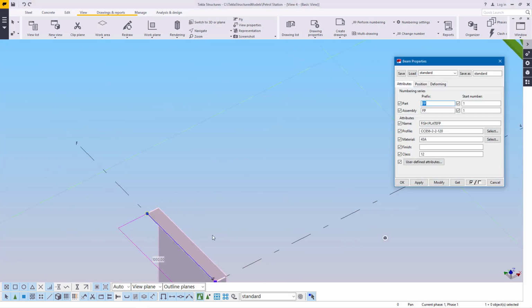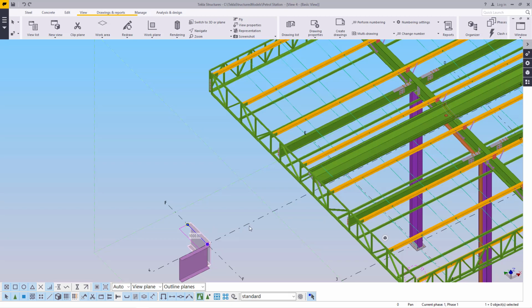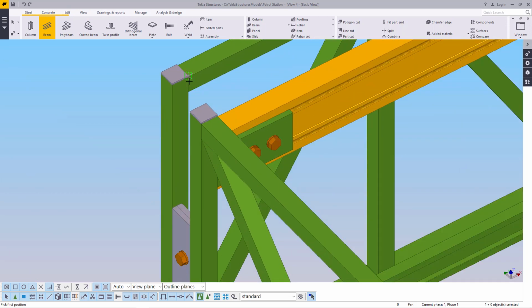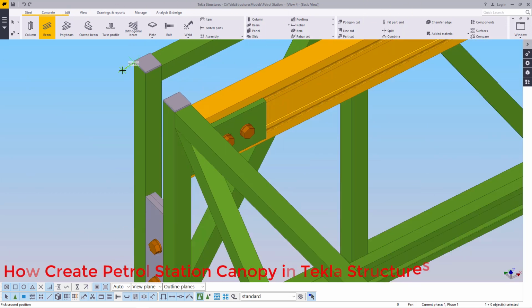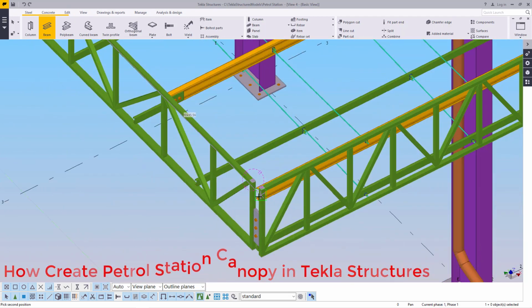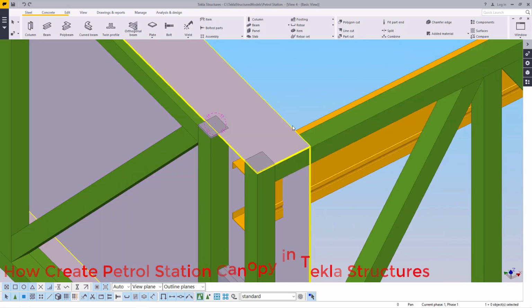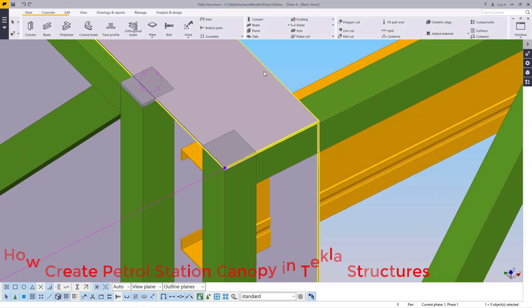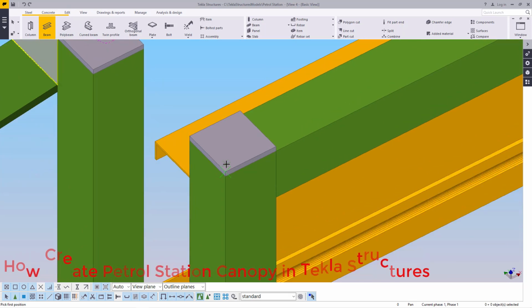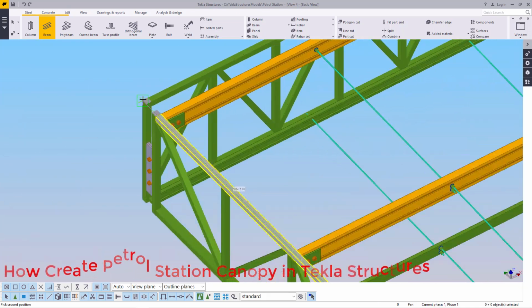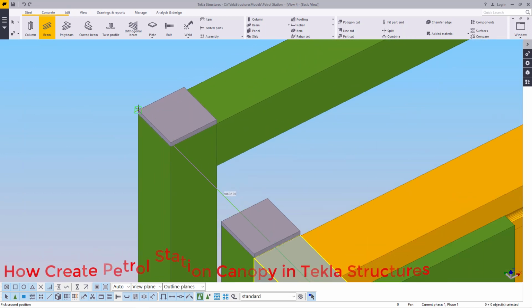I'll double click on that. I'm just using this as a default member. I'll apply and give OK, and I'll go all the way to steel, and come to steel beam here, and I'll come from that spot and stretch all the way to this far end here, and place it right there, and we'll have this in place. So instead of doing that, let's use a different direction. We'll start it from that end and stretch all the way to this far end here, just to define the length of our